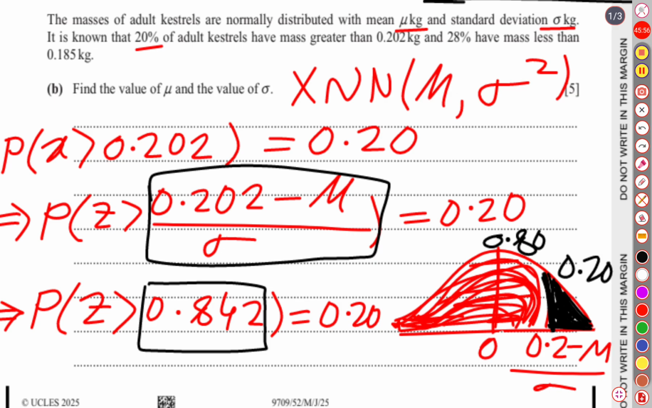Remember, don't get confused. Some teachers may tell that use z less than 0.842. In that case, you will have to change the probability also. As we didn't change any of these two quantities, it will remain the same. Well, if we form an equation, it is going to be